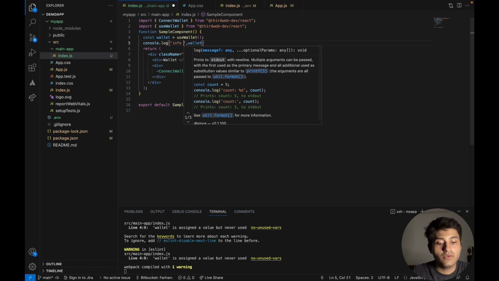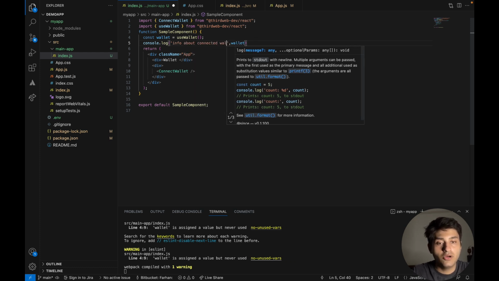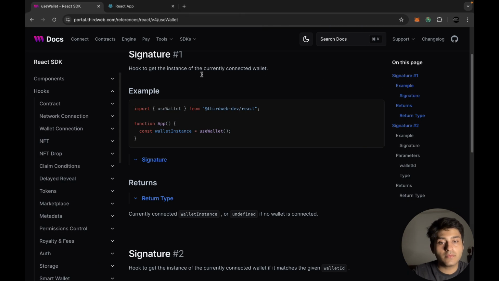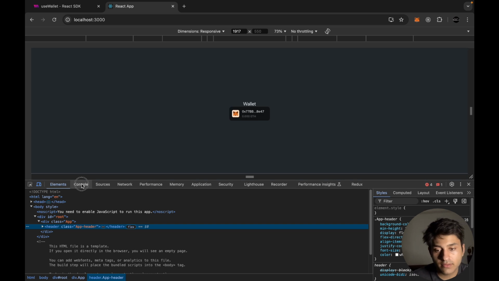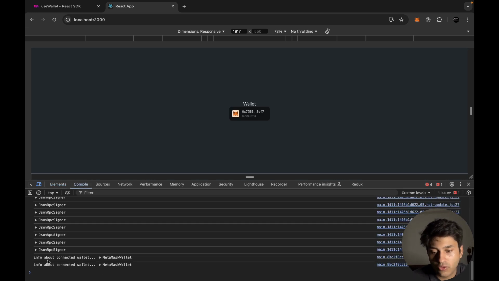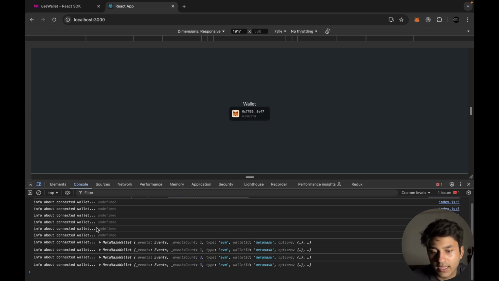Let's make it info about connected wallet. Let's go back to our website. Let's go to inspect and to the console, and boom. Let's clear out the older consoles and refresh the page. And over here, as you can see, it gives us information about the connected wallet, which is MetaMask wallet,